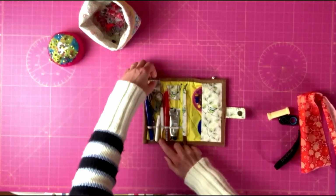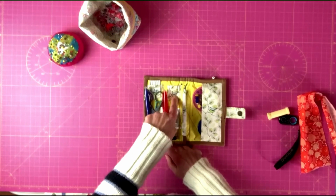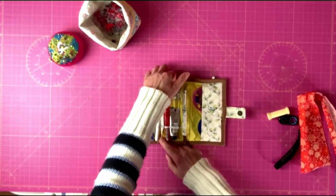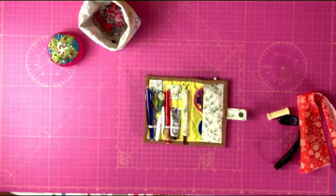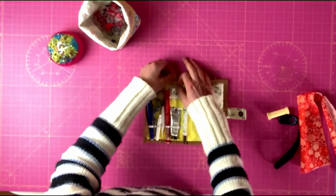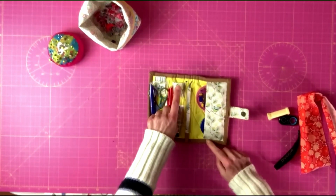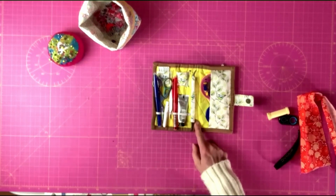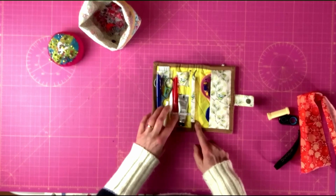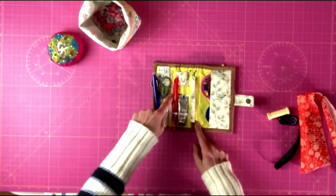And then we've got a pocket for spare needles. This one here, you can put another pocket in, or it fits a sewing machine bobbin, because it's always quite handy to have a spare one of those. So that fits in there. And then this is literally just elastic that's been stitched in place. So I've got a couple of marker pens, my scissors, seam ripper, the little lint brush, and then